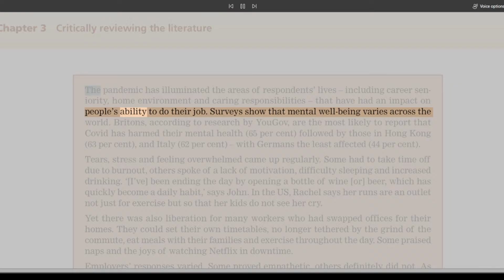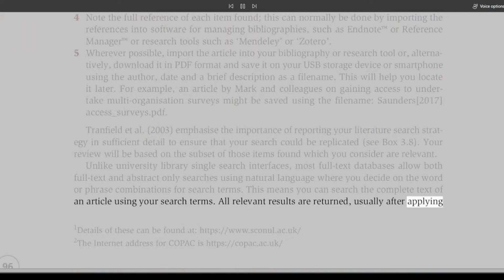Tranfield et al., 2003, emphasize the importance of reporting your literature search strategy in sufficient detail to ensure that your search could be replicated. See Box 3.8. Your review will be based on the subset of those items found which you consider are relevant. Unlike university library single search interfaces, most full-text databases allow both full-text and abstract-only searches using natural language, where you decide on the word or phrase combinations for search terms. This means you can search the complete text of an article using your search terms. All relevant results are returned, usually after applying